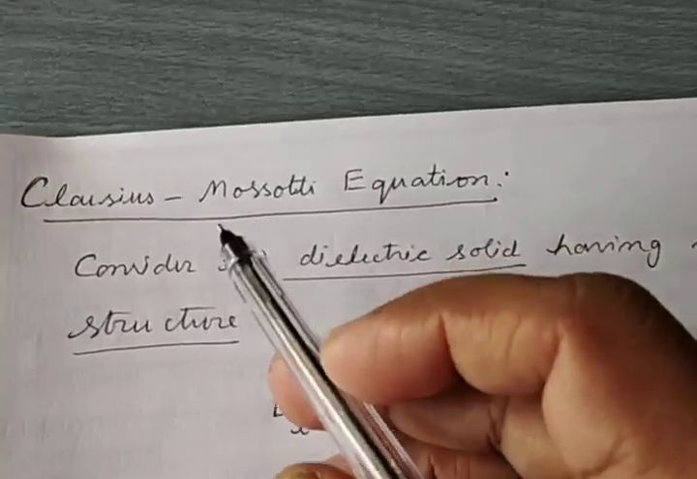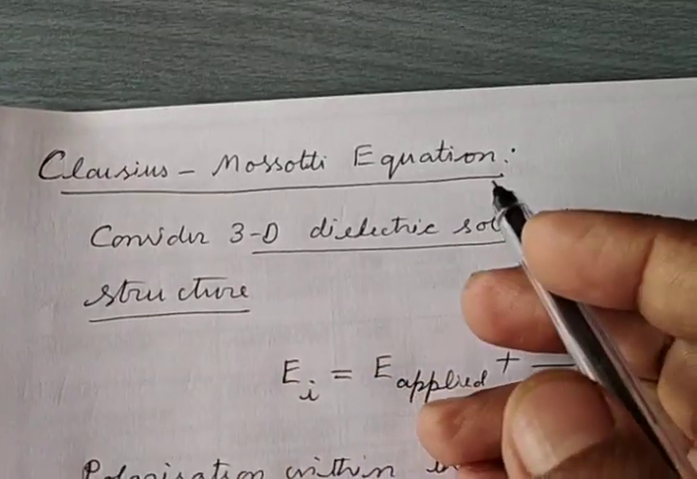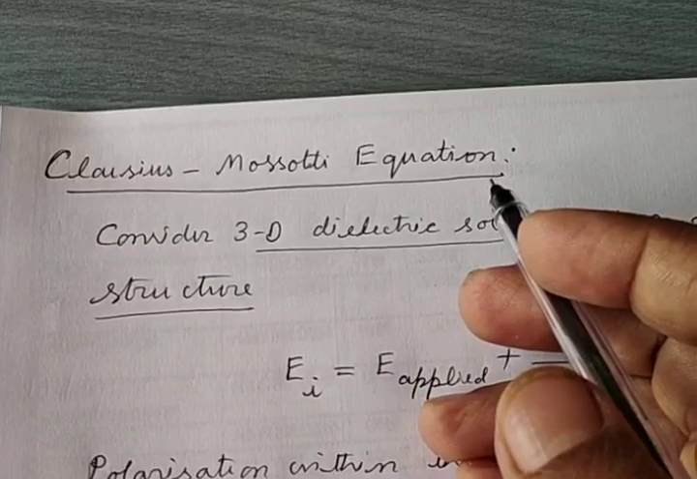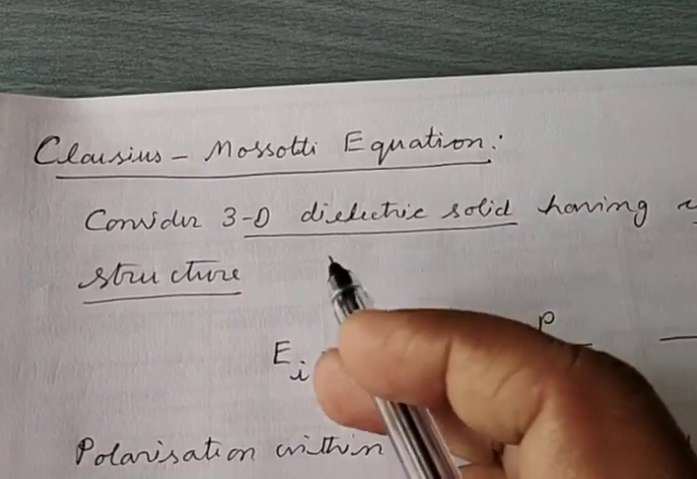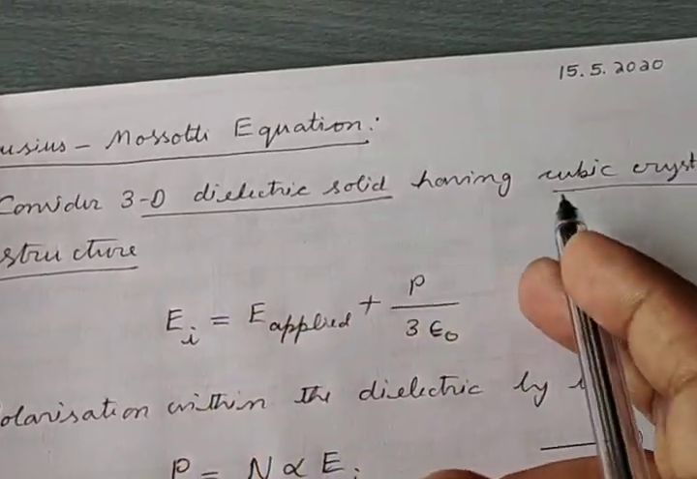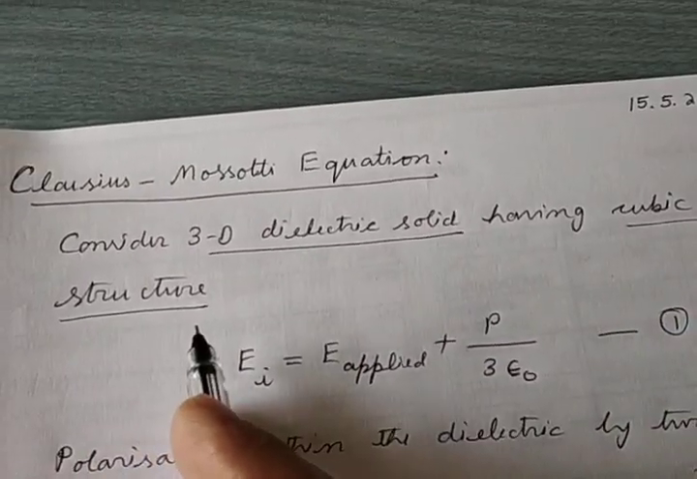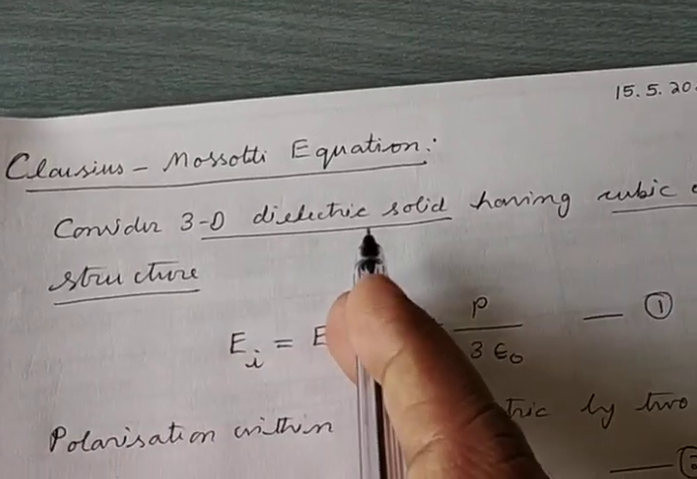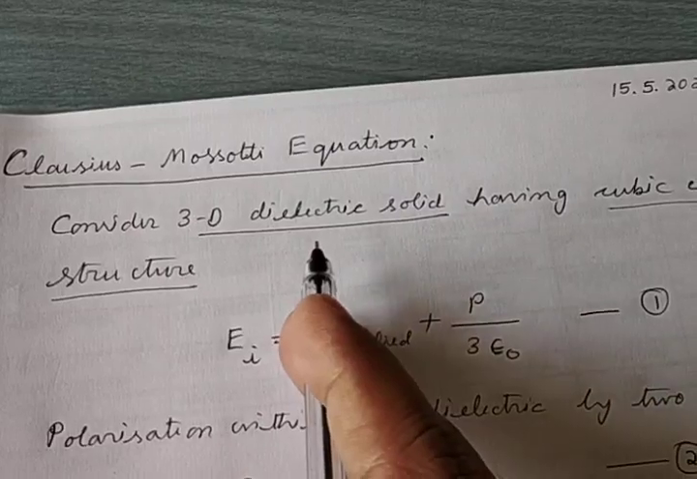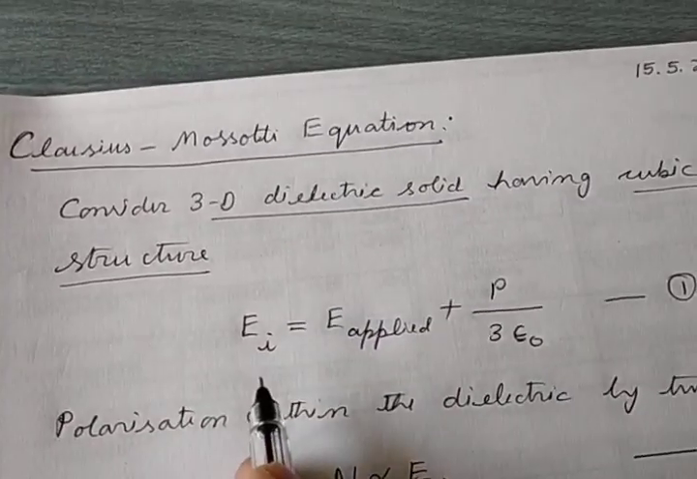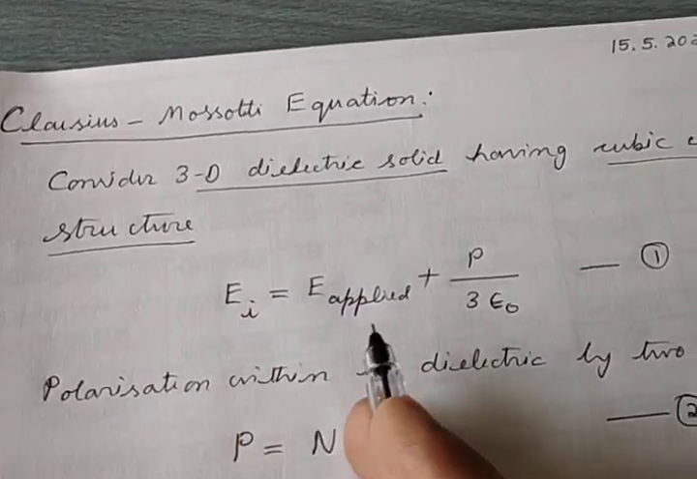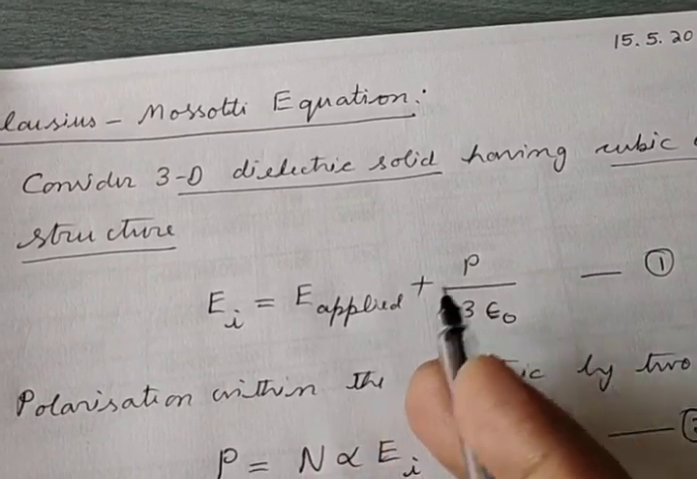Now let us discuss the Clausius-Mossotti equation. This equation is applicable for a three-dimensional dielectric solid which has a cubic crystal structure. So let us consider such a material. For such a material, we know that the internal field is the Lorentz field, given by the applied field plus